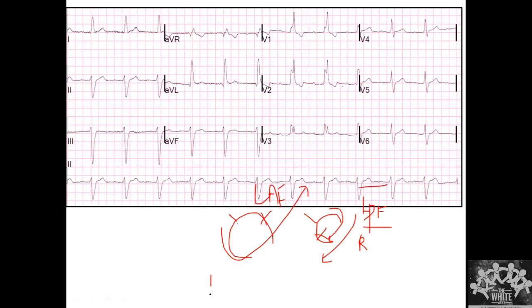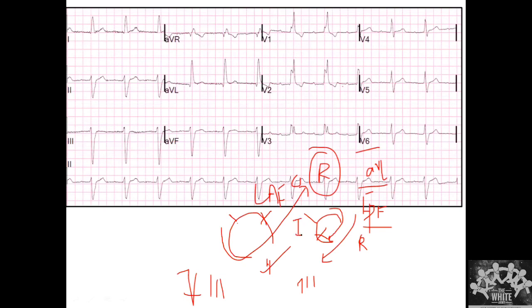So this is going to be lead 3. This is inferior lead. This is going to be lead AVL. Now when the current moves in this scenario, we'll see and we'll be done. The maximum deflection you're going to get in lead 3. If you take lead 2 here, this is the lead that is exactly opposite to this current direction. So you'll get maximum S wave in lead 3 compared to lead 2. Since this is lead AVL, AVL will have maximum R wave compared to lead 1.